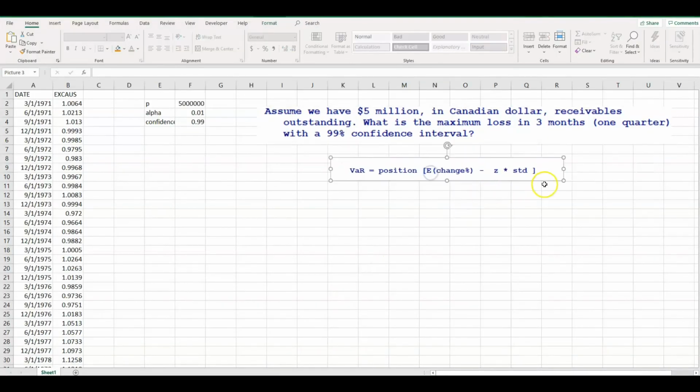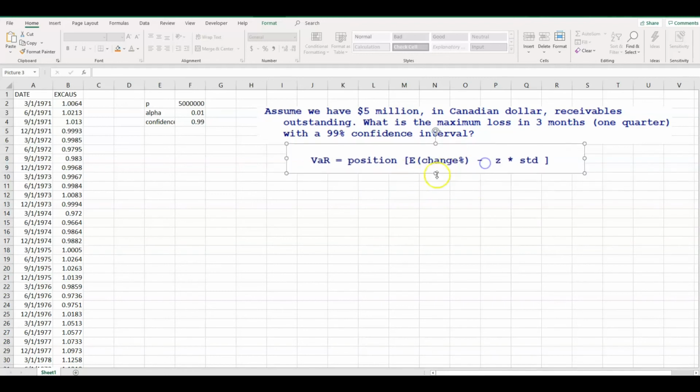The formula for VaR is our position times expected percentage change. If we don't have an expectation, then we can use the mean minus the Z value. Z depends on the confidence level, and standard deviation. And first one is because this is